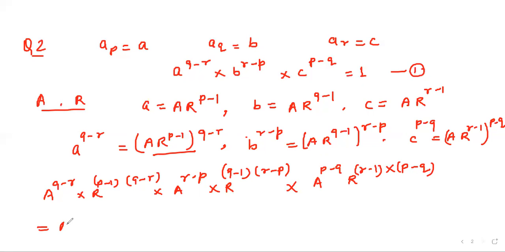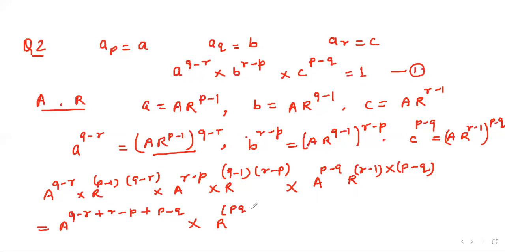Now we write A to the power (q-r) plus (r-p) plus (p-q). So this will become A power 0 times R power